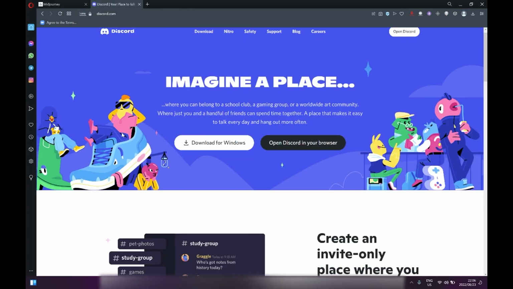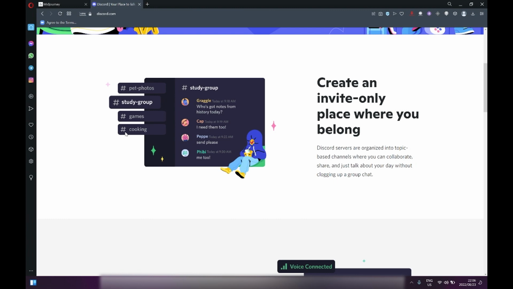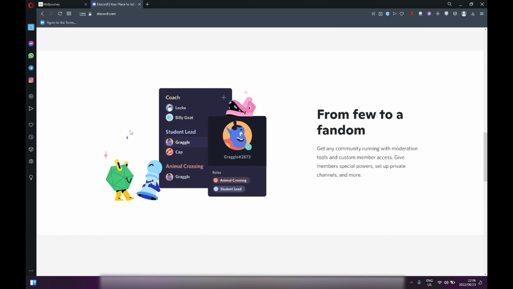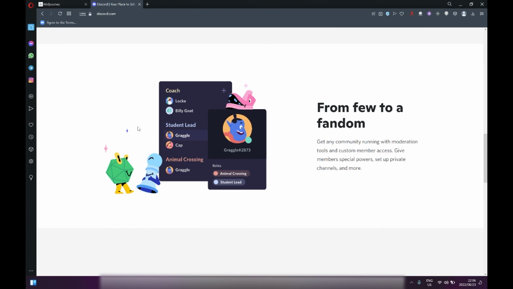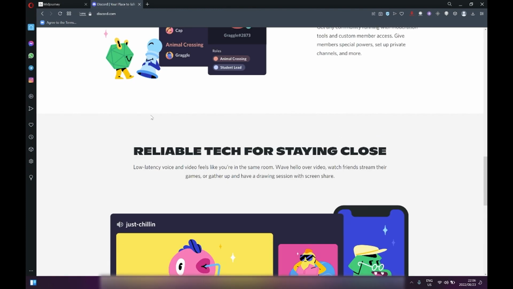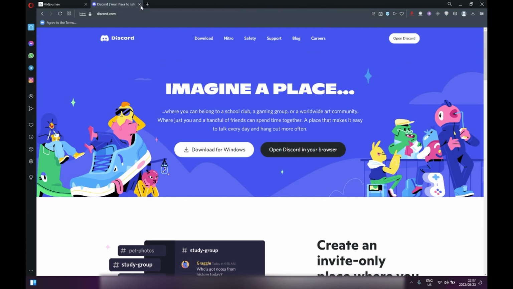Now, for all you non-nerds out there, Discord is a text and chat app that's used by tens of millions of people worldwide, and it's a great way for people to talk and hang out with different communities and friends. So then just sign up for an account and download the app. Pretty sure you're able to use Midjourney and Discord in your browser, but just download the Discord app anyway.